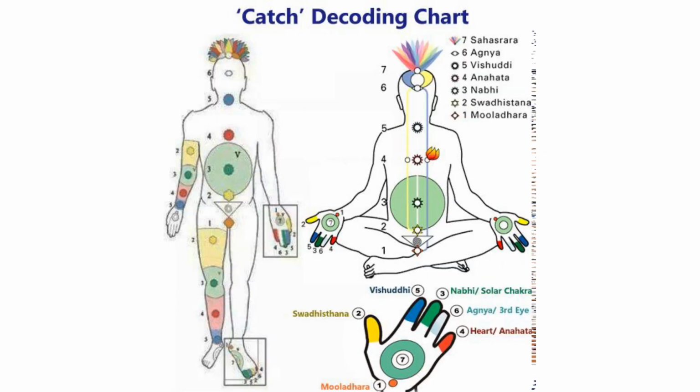The Swadhisthana Chakra is also represented yellow in color in the upper arm, in between the shoulder and the elbow. Also the thigh region. It is represented in both the left hand side and the right hand side. So these are all the projections of the Swadhisthana Chakra in our body.